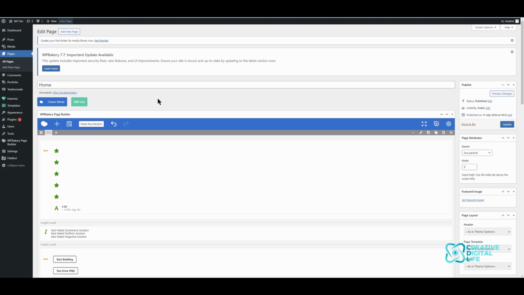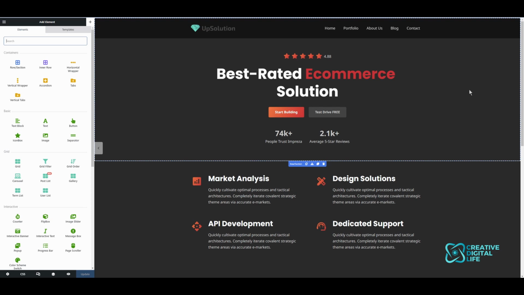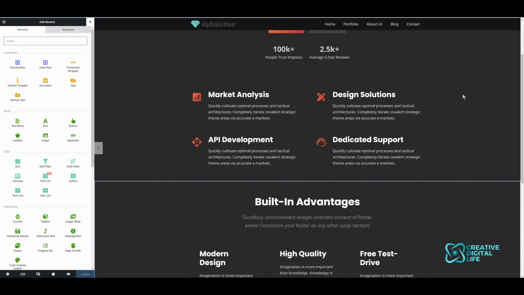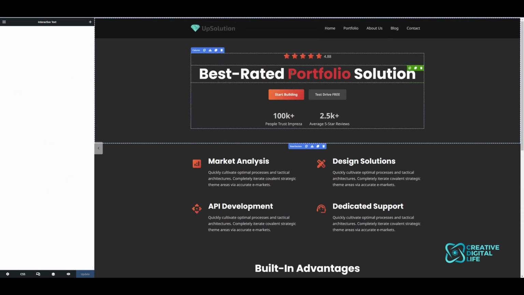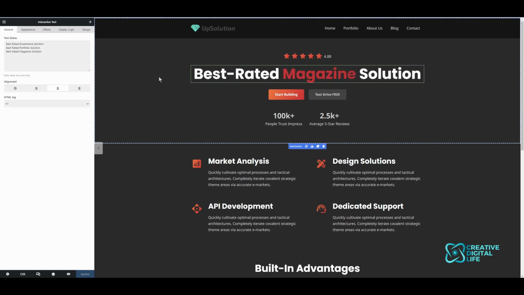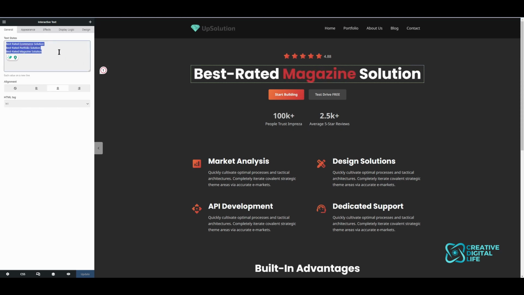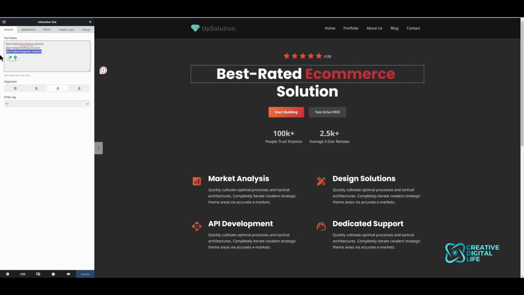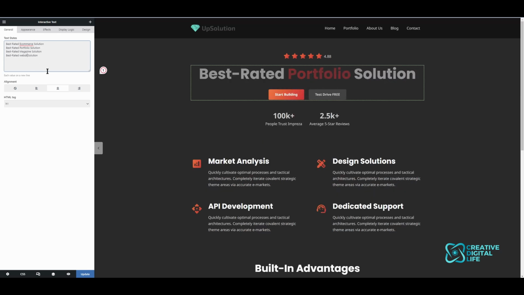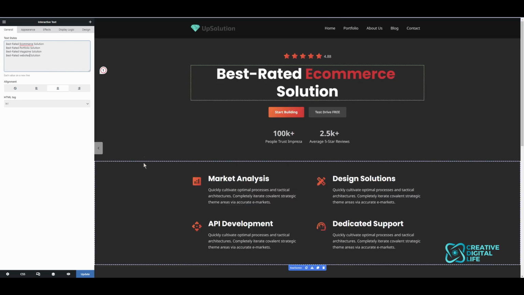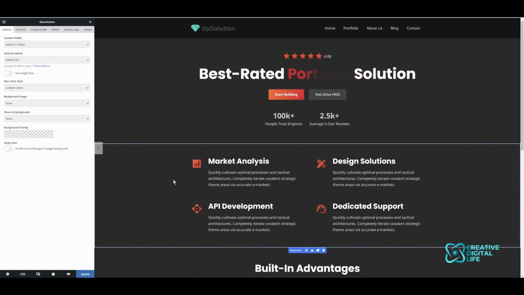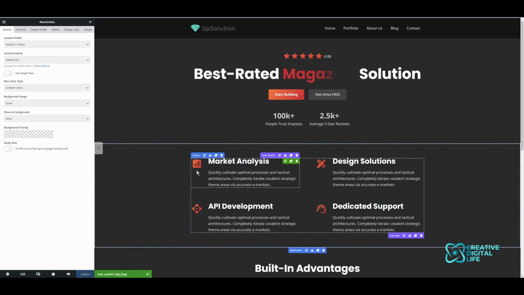But if you didn't want to use that editor, there is a live editor. So click edit live, and as you can see, that's the page. And what you can do is now you can click on a section, and then on the left hand side you'll see here is that text that we were talking about. So if I copy that, and I'll just put a line underneath, and I'll change it to best rated websites. Okay, and then that will update that. If you wait a minute, magazine,